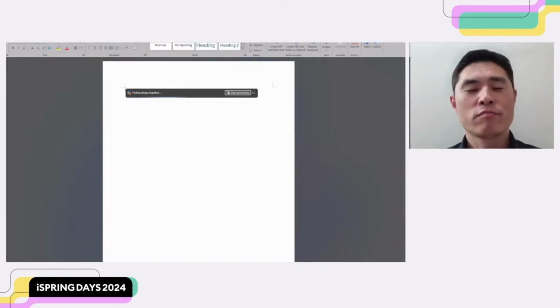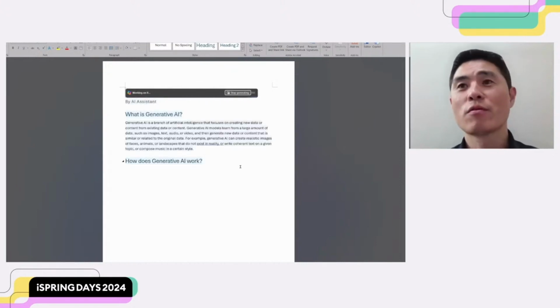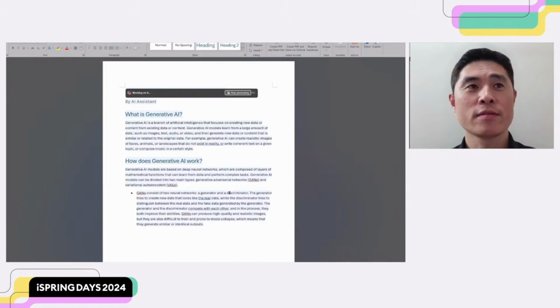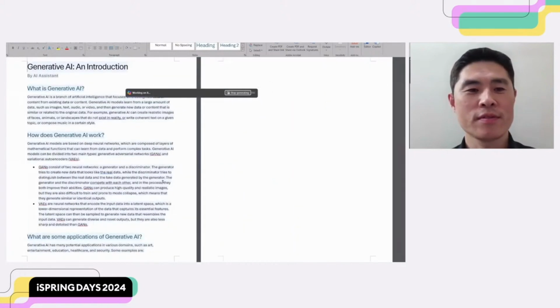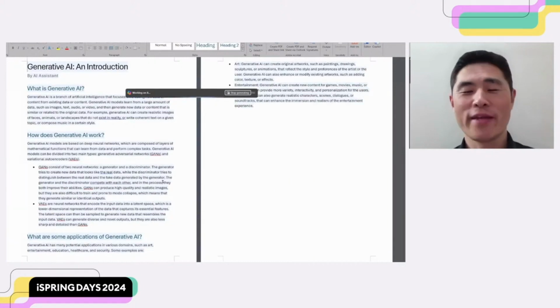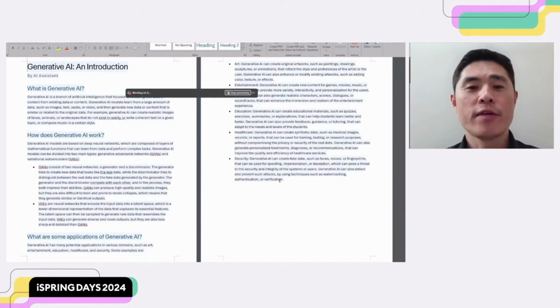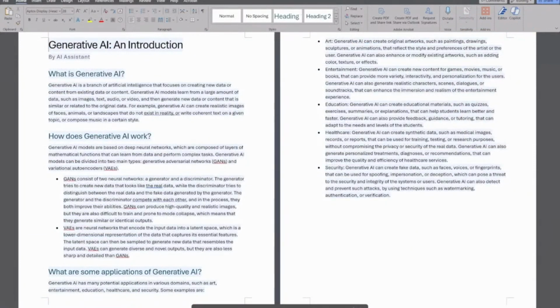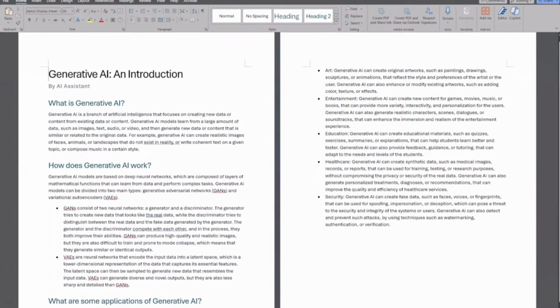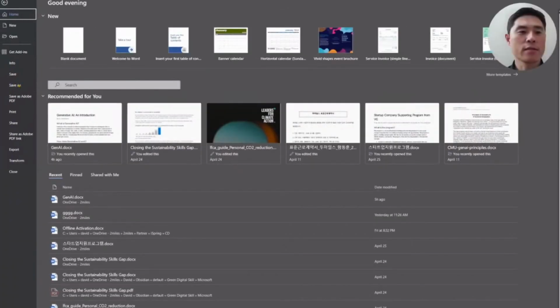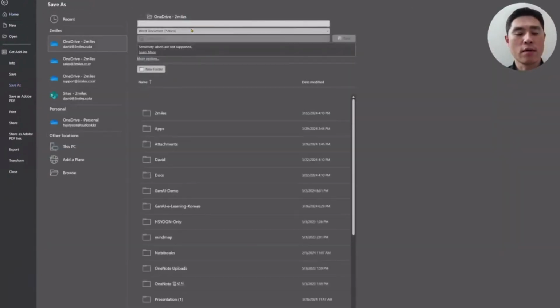It takes about 30 seconds to create the contents in the Word file, right? So you just need to wait until they finish it. When the file is finished, you can just press the keep it button, and then you can copy the link to here. So when you save it in the OneDrive,